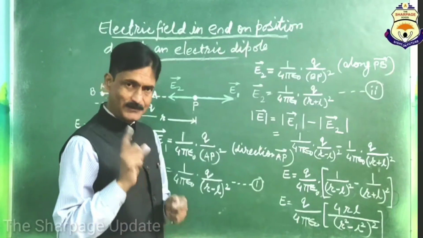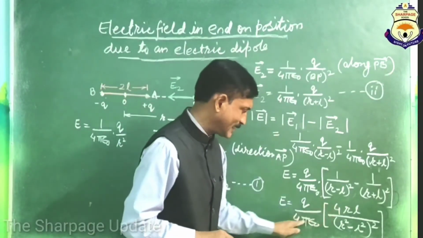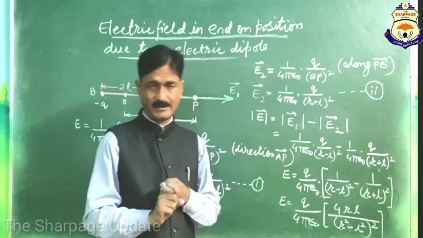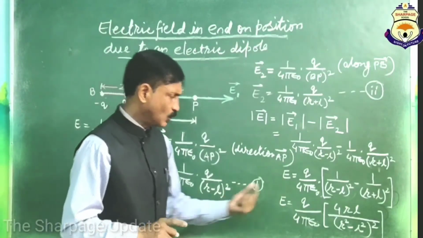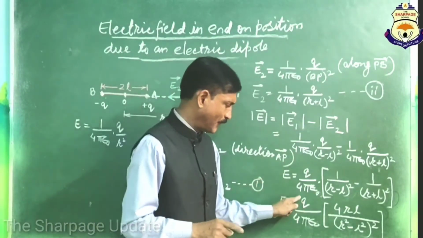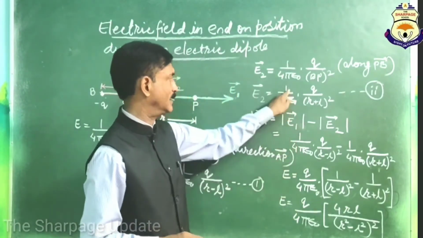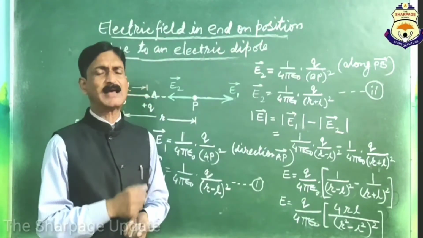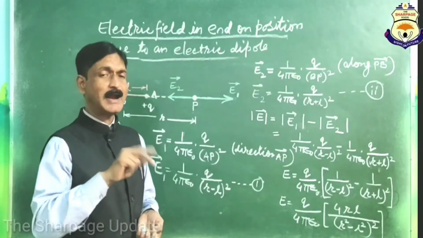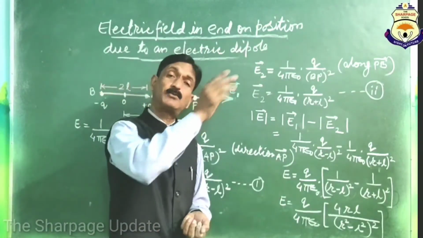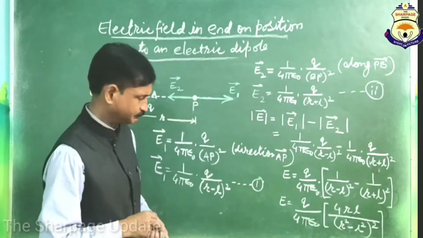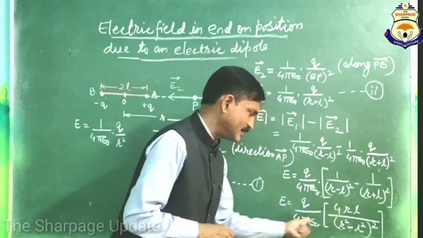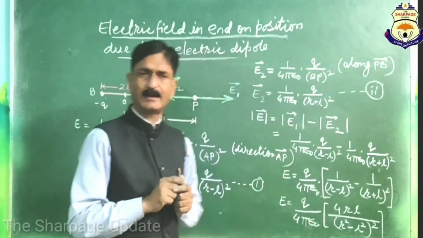अब यहाँ पर आपको एक विशेष ध्यान रखना है कि इस 4 से इस 4 को कैंसिल नहीं करना है, क्योंकि we know that the value of 1 upon 4 pi epsilon 0 is equal to 9 into 10 to the power 9, as I have told you in the previous videos. So आपको यहाँ इस 4 से इस 4 को कैंसिल नहीं करना है. Now,